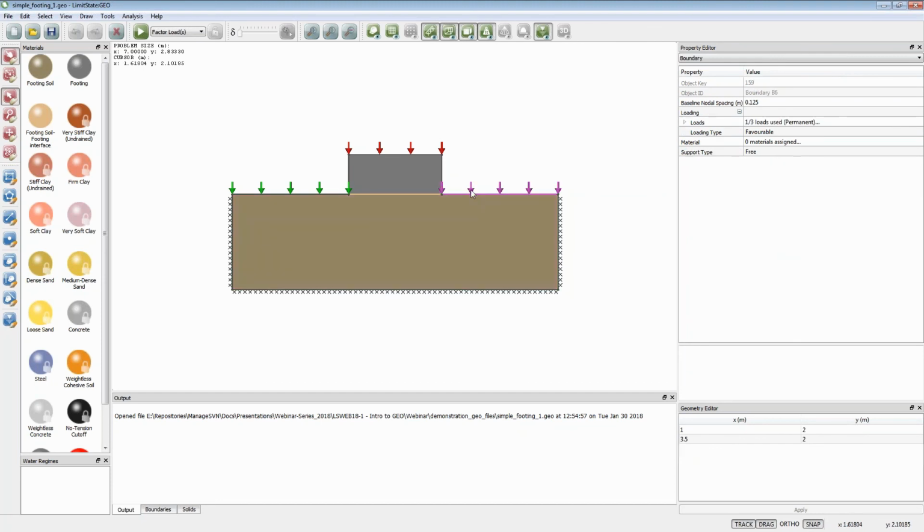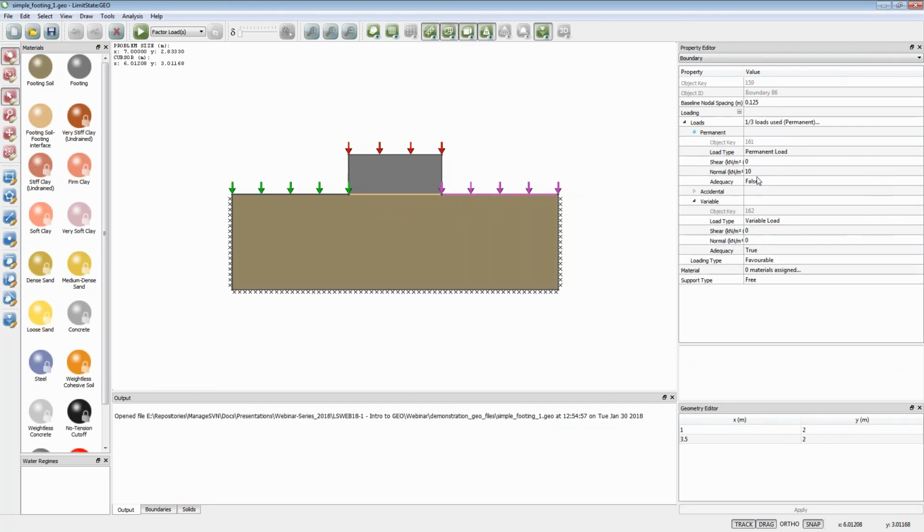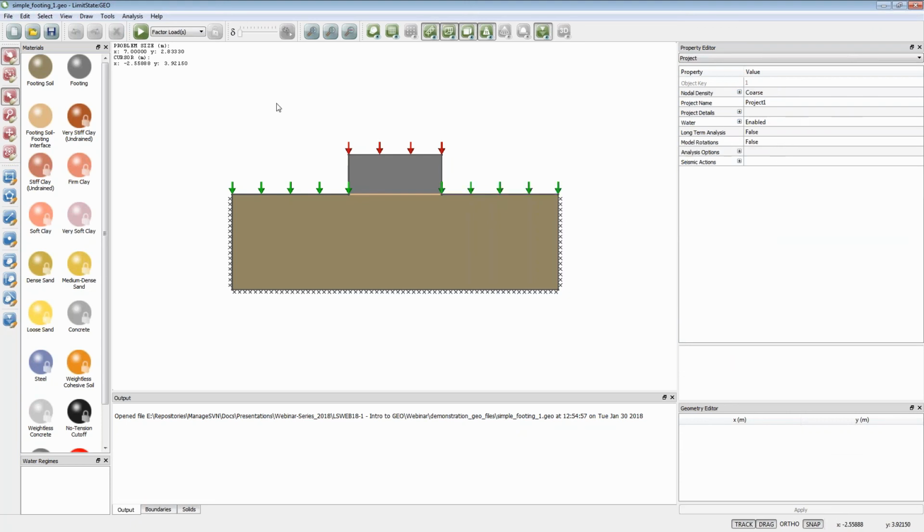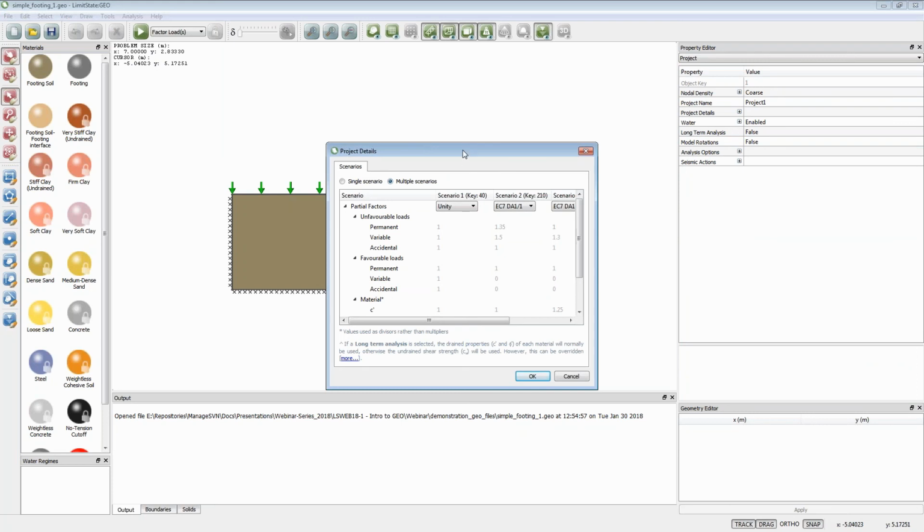We've got a surcharge either side of the foundation, and that has been set as a permanent load of 10 kPa, and we've defined it to be favorable. So we need to set these properties to be favorable or unfavorable if we're going to be applying Eurocode factors, which is how this problem is set up. And if we look at those particular factors, if I go Analysis, Scenario Manager, what we have in the software is what we call a Scenario Manager,